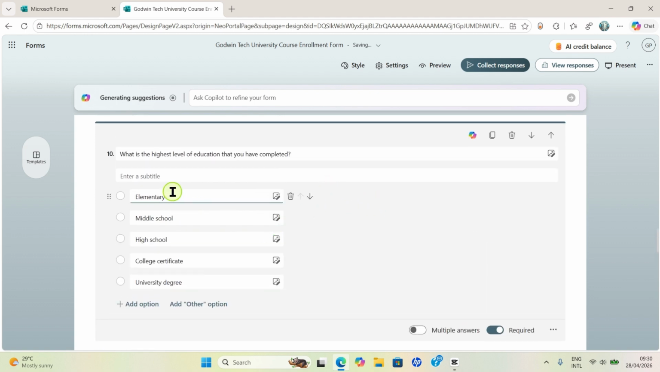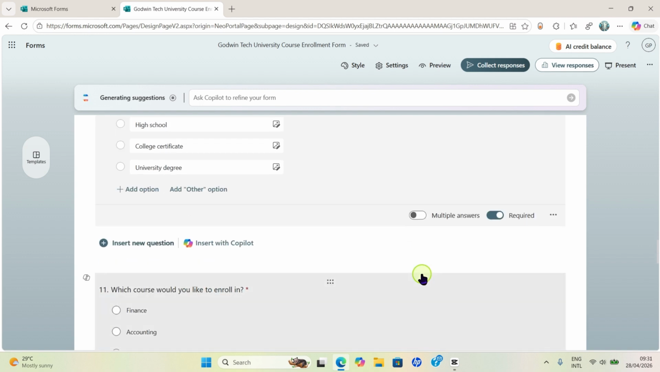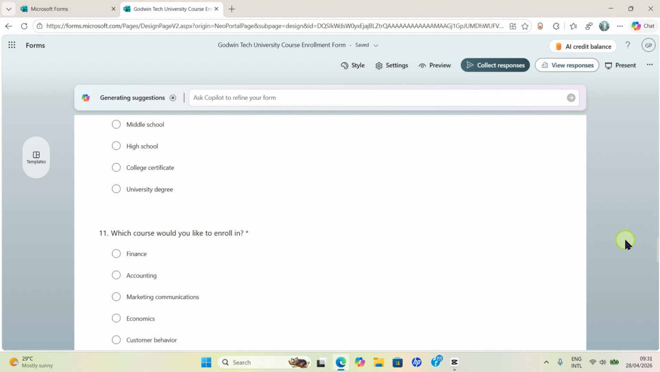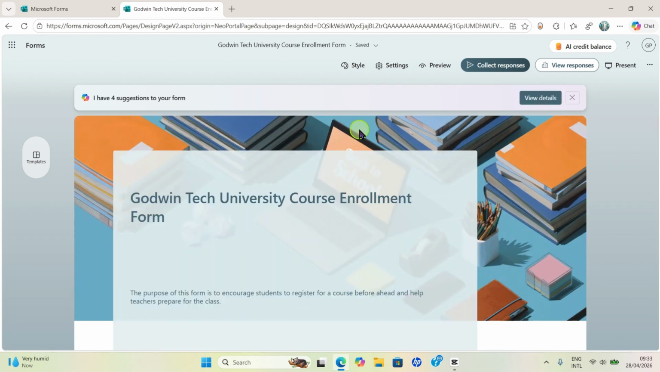So I just need these major options: elementary, middle school, high school, college certificate, and university degree. These are the options I need. Okay, and it's compulsory, it's required. So I'll click out. Another thing you may like to do before you start sharing the form is to take